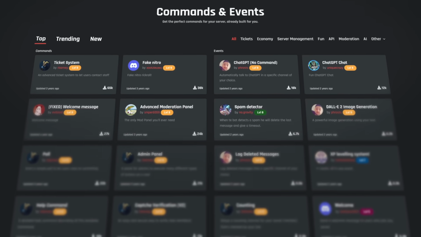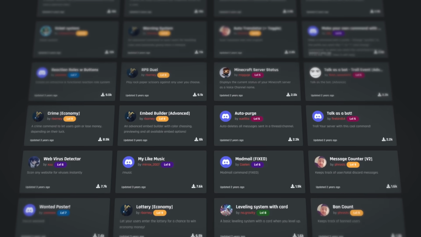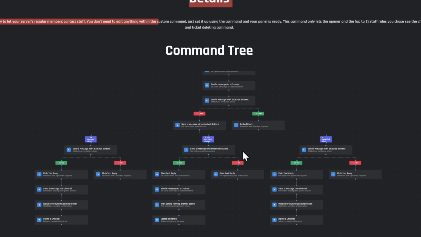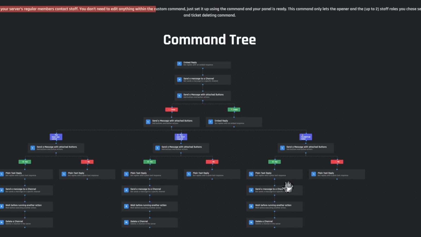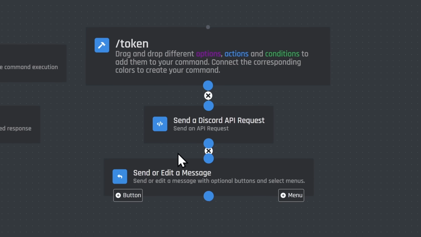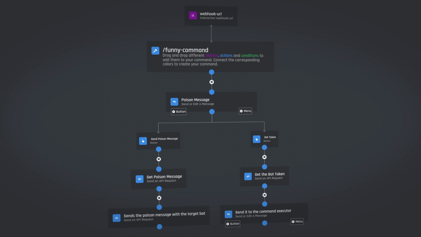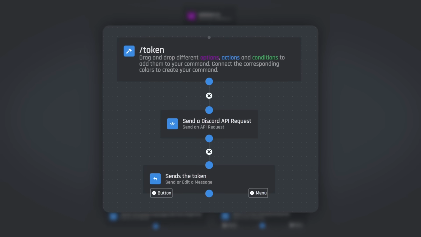Or what you could do is you could post it on BotGhost's own marketplace where it shows a whole bunch of people's commands and stuff, and you could try hiding that command in like this massive web of logic that someone made. But so far, this bot hacking system is like level 1 noob. But the reason why I'm telling you about these commands is because it is like the core foundation of the bigger exploit. But I do want to point out before we get to the big exploit that this specific scam